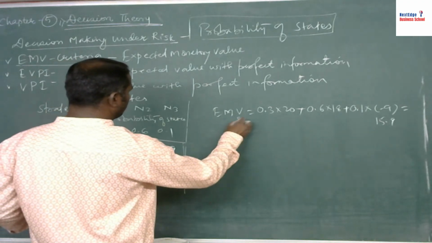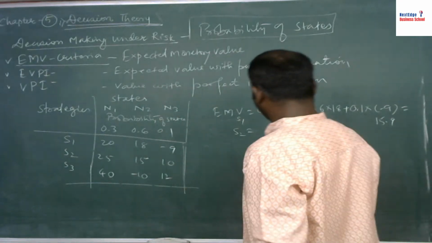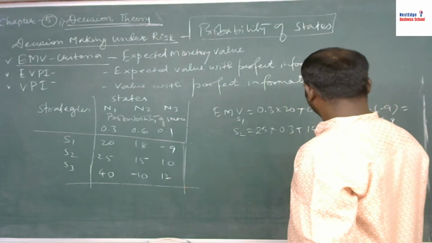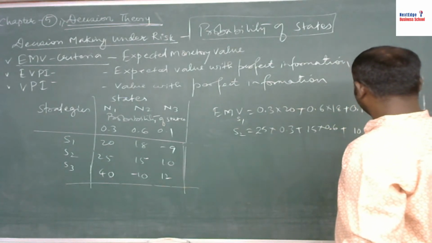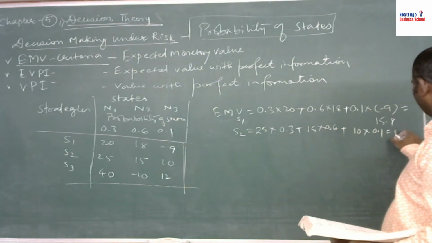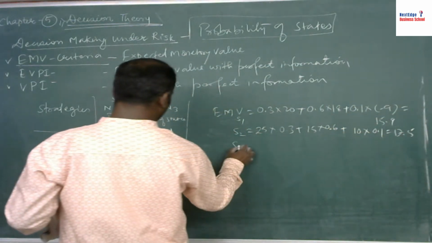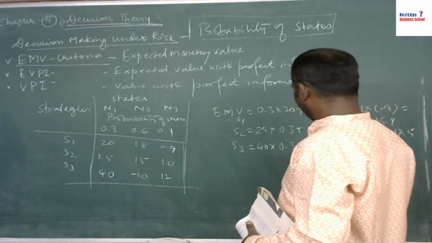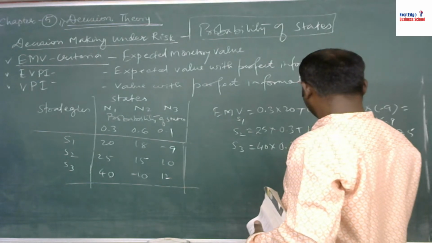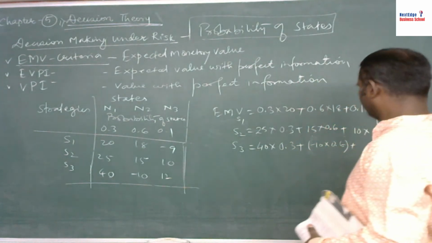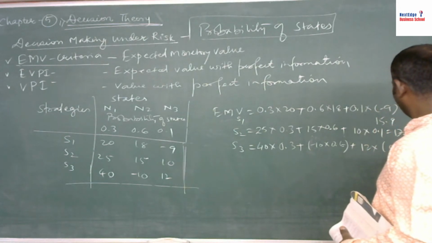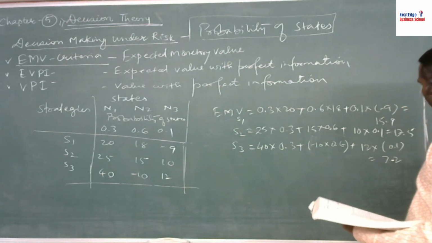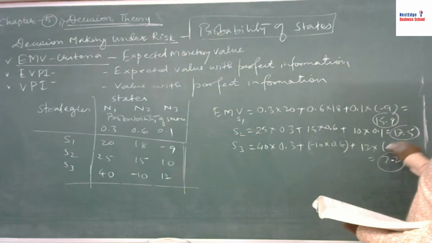लाइकवाइज फॉर S2 क्या आएगा, S2 आएगा वो 25 into 0.3 प्लस 15 into 0.6 प्लस 10 into 0.1, जो भी आंसर आएगा उसका आंसर है 17.5। थर्ड S3 कितना आएगा, S3 इज इक्वल टू 40 into 0.3 प्लस -10 into 0.6 प्लस 12 into 0.1, इसकी वैल्यू आएगी 7.2। सो नाउ व्हिच वन इज द मैक्सिमम, सो मैक्सिमम इज 17.5।